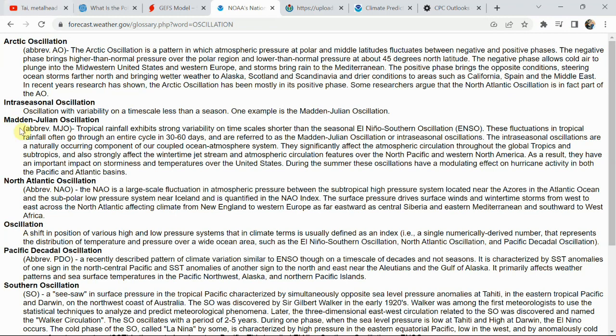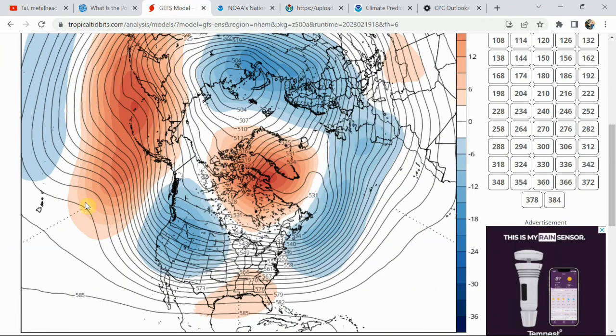So if we go back to that model display here, low pressure is usually an area that's going to have cold air associated with it, and it's indicated in the blue. And the warm air is going to be indicated in the red. That's usually going to be a high pressure event when you have warm air associated with it. Where these two end up clashing, there can be fireworks. But as we saw earlier,